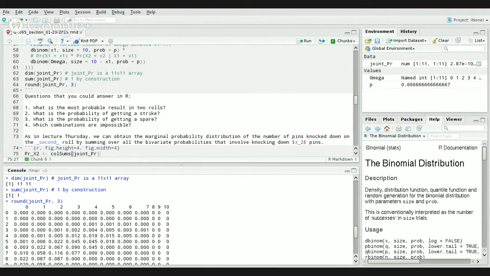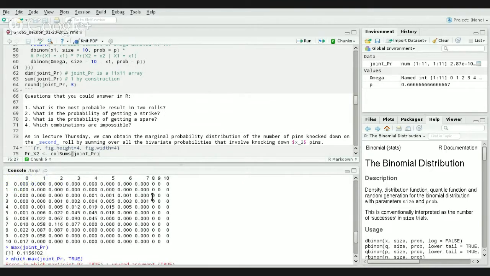So for example, if we're interested in the probability of knocking down 4 pins on the second try, we would take the event knocking down 0 on the first try, 4 on the second try, add that probability to the probability of knocking down 1 on the first try, 4 on the second try, 2 on the first try, 4 on the second try, etc.,